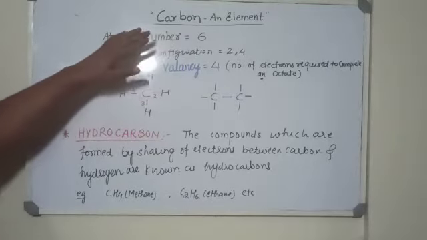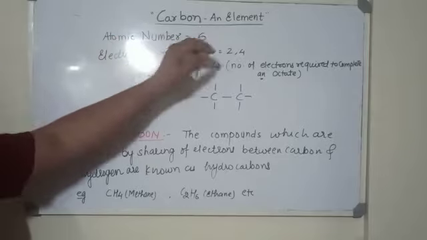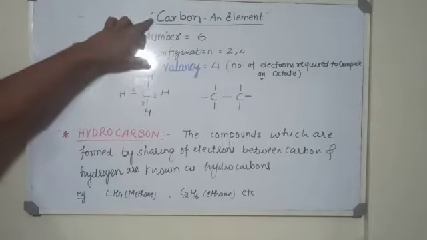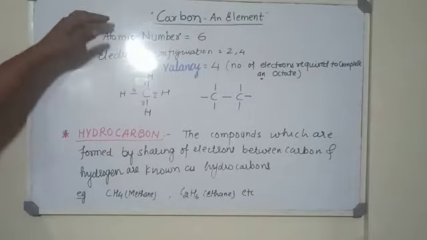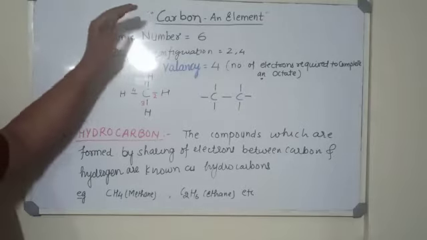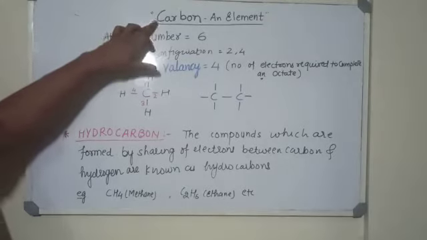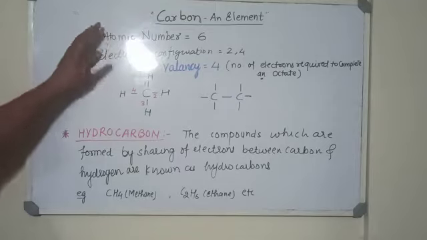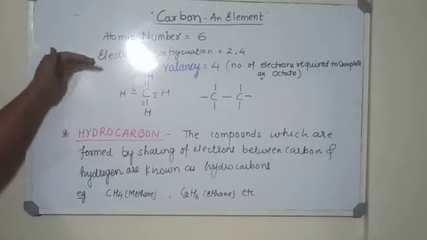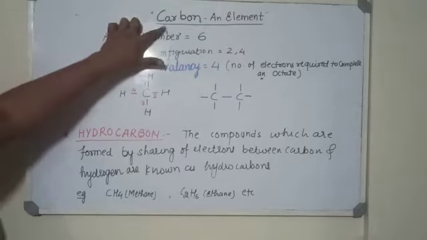So as we all know, we have seen the covalent bond and types of covalent bond. Today we are going to learn about the carbon element. Like other elements, carbon also has the property that it can form covalent bonds with the different atoms present surrounding it. So let us look at the carbon.